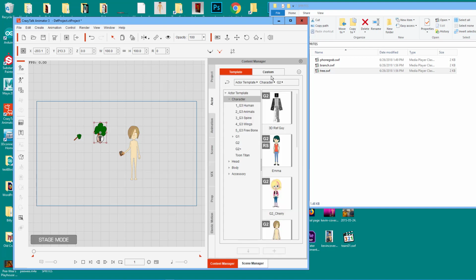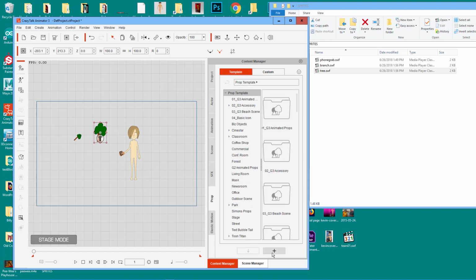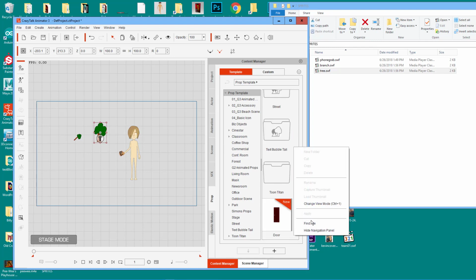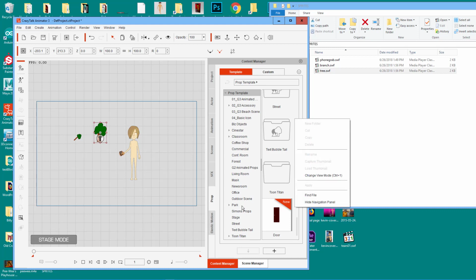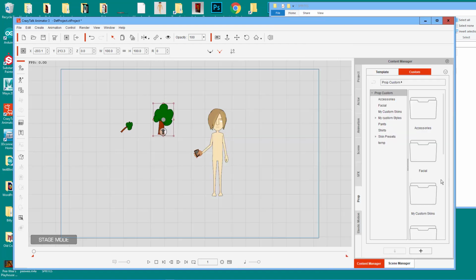We'll switch to custom prop, and we'll just use this add, or we can create a new folder. So let's say we'll create a new folder called shrubbery or something. So let's see if we can find an empty spot here. We got to switch to custom, and in here we're going to create a new folder. We're going to call it trees,